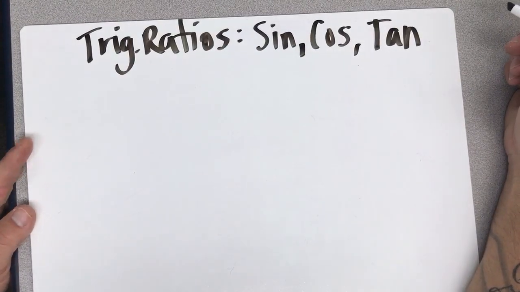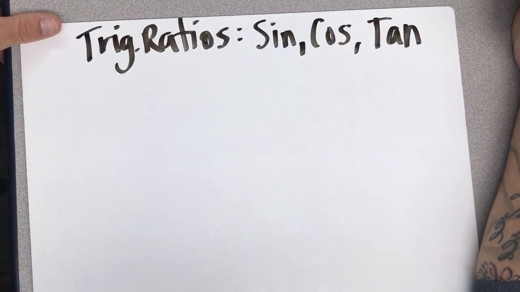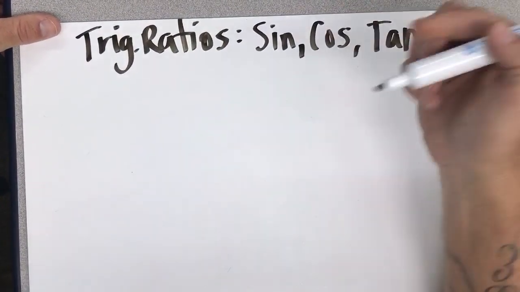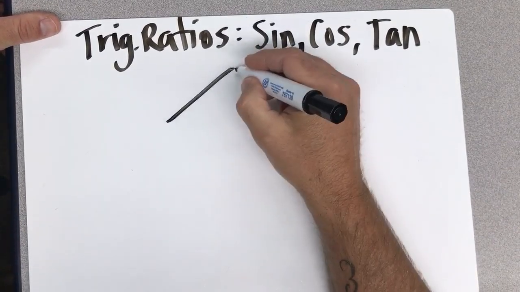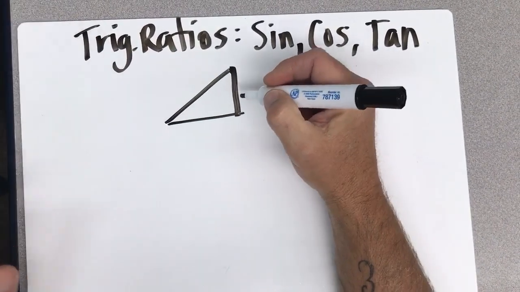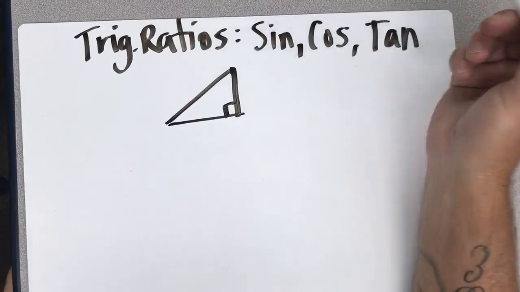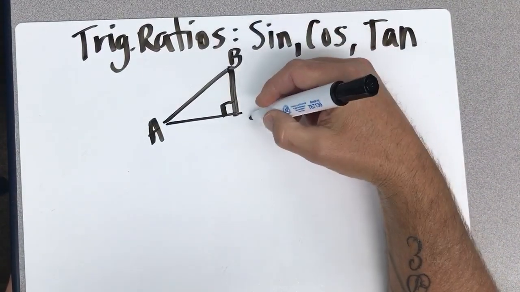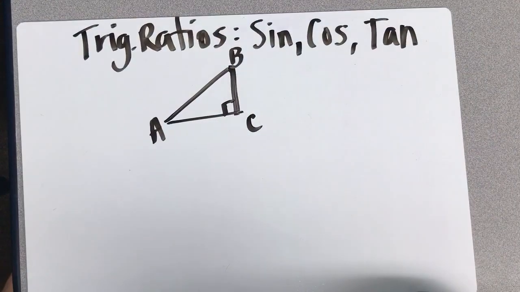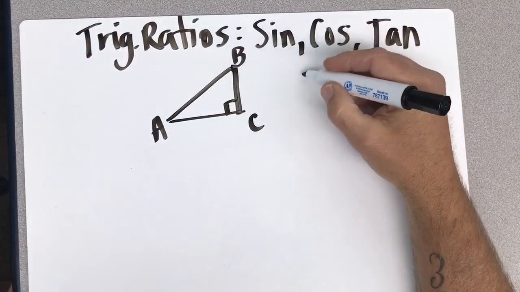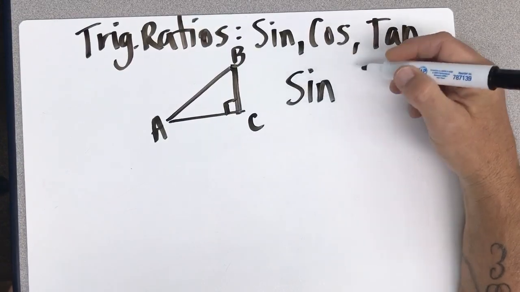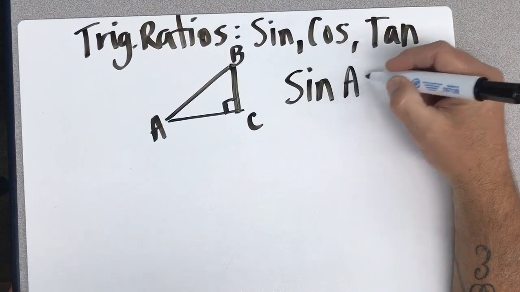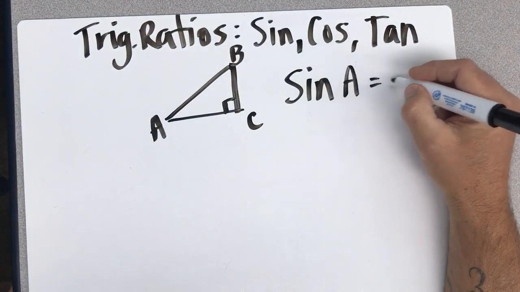Alright, in this section we're going to be finding trig ratios for right triangles, and the ratios today are sine, cosine, and tangent. So if you have a right triangle and you want to find sine, let's use angle A. So sine of A is going to be your opposite side